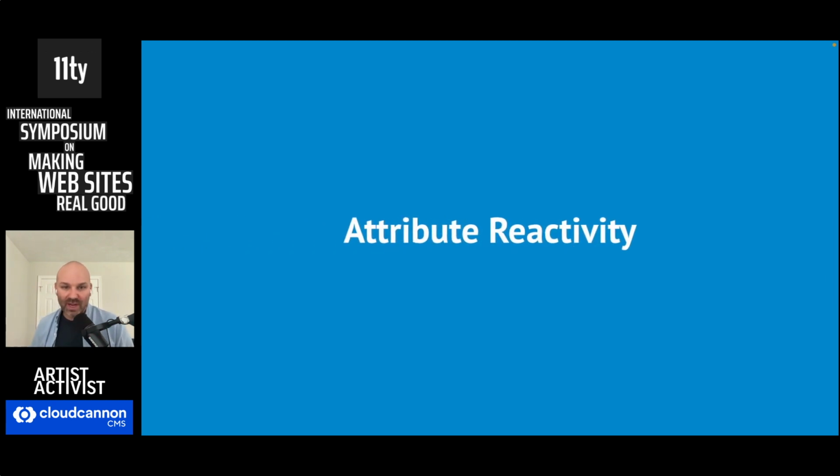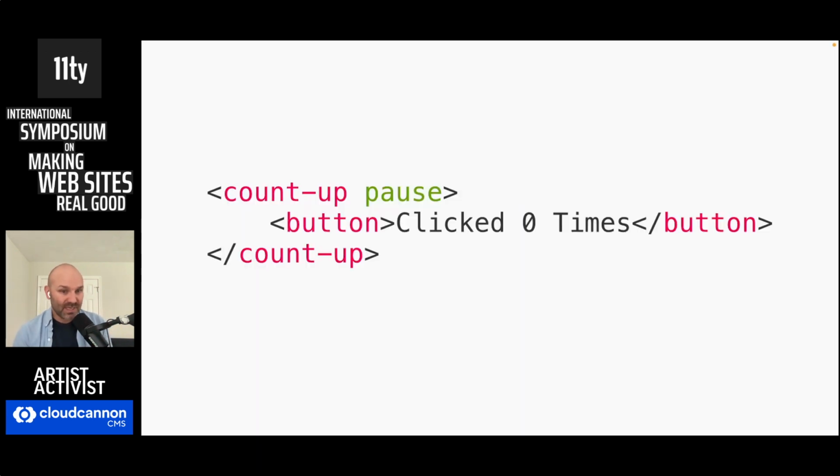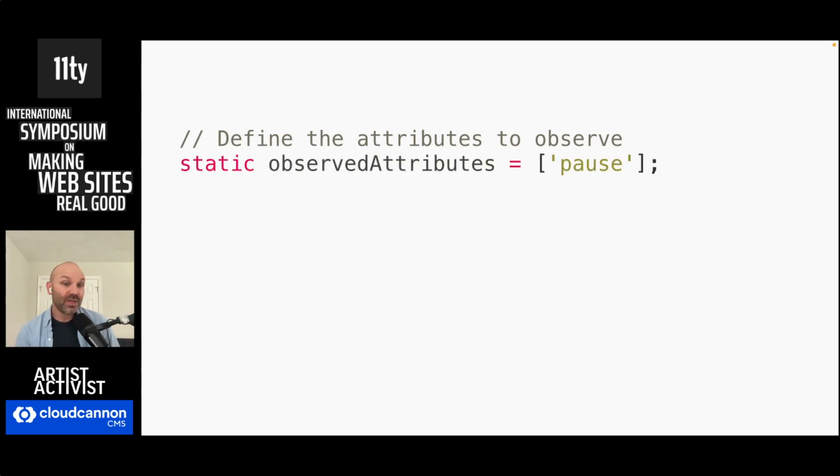And while web components don't have reactive data like React or Vue does, they do have a built-in mechanism for detecting attribute changes. For example, let's say you wanted to stop the countup component from counting when the pause attribute is added to it. First, you define an array of attributes that you want to observe and assign them to the static observedAttributes property. And you do this for performance reasons. If you were watching every single attribute that could or could not be added or changed on an element, it could start to bog down the browser's memory and create performance issues. So you say, just pay attention to these.